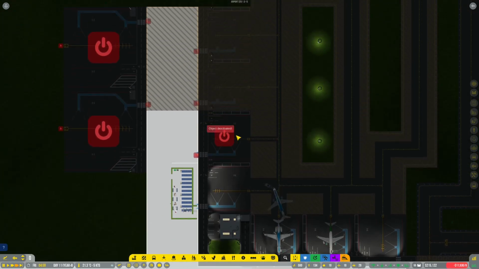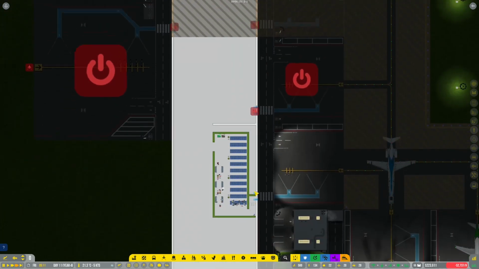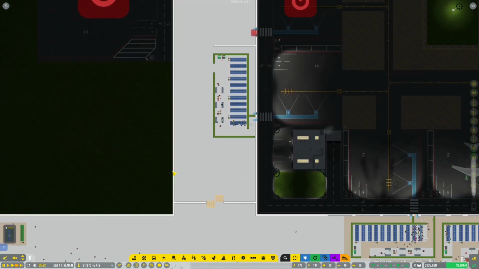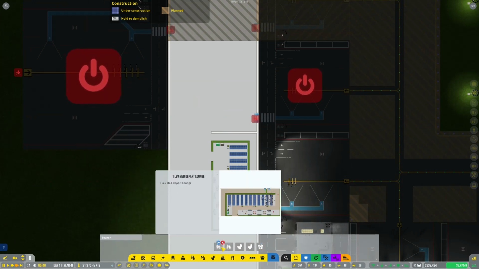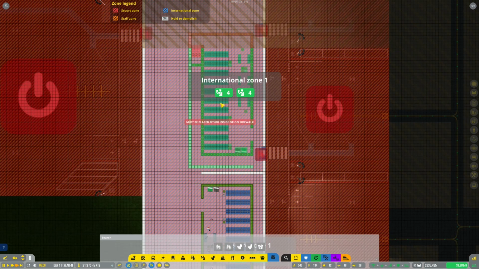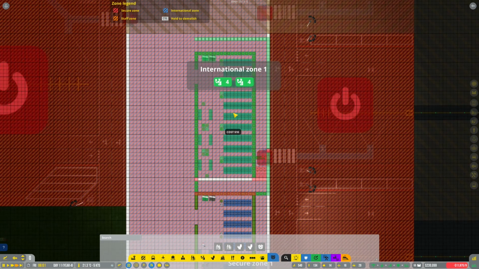Okay, more flights coming through is great. So let's get the next one up and running as well. More flights are always going to be better at this time, because we want to make sure that we are in fact going to...